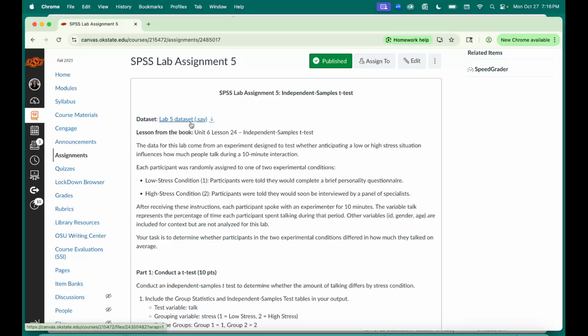And like I said, it's going to be pretty quick what you have to do in SPSS, which is nice. But just to explain the variables that we're looking at. So this data comes from an experiment testing whether anticipating a low or high stress situation influences how much people talk during a 10-minute interaction. So here we're dealing with an experimental manipulation